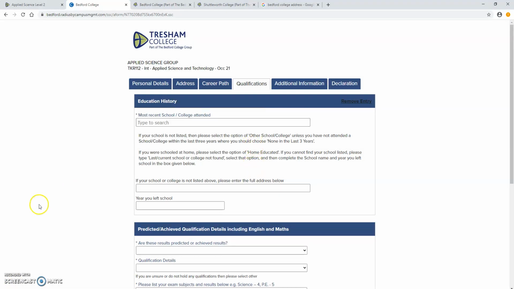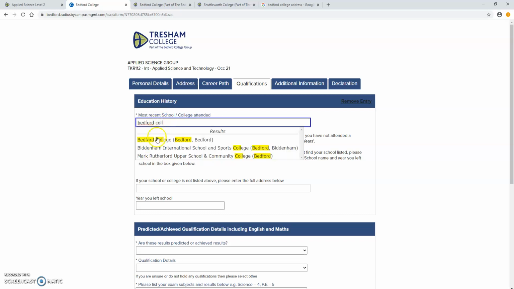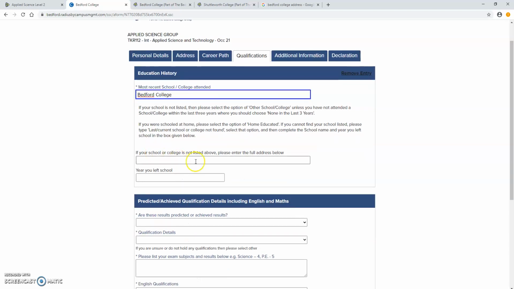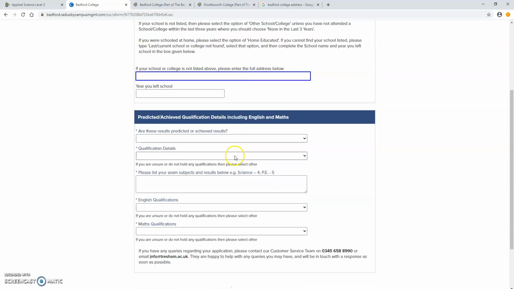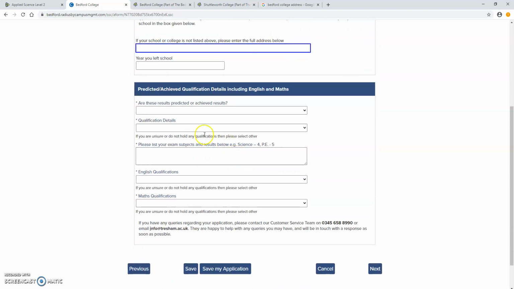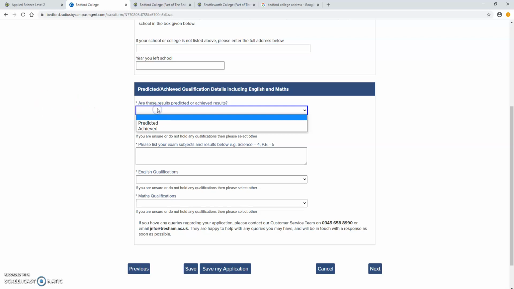Then it will take you to the qualifications section. So you need to fill out your education history, and it will ask you the most recent school or college you attended. If it's not listed above, you can give the full address below. It will then ask you your predicted or achieved qualification details, and you do need to put in English and Maths if you have been predicted or if you've achieved those results. So you need to select whether or not they're predicted or achieved,